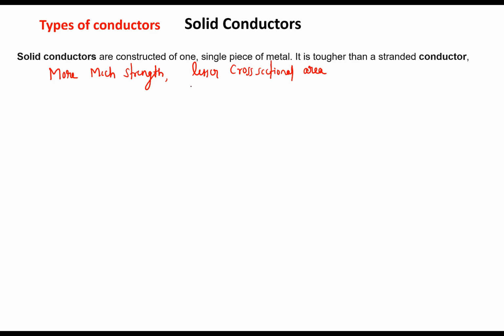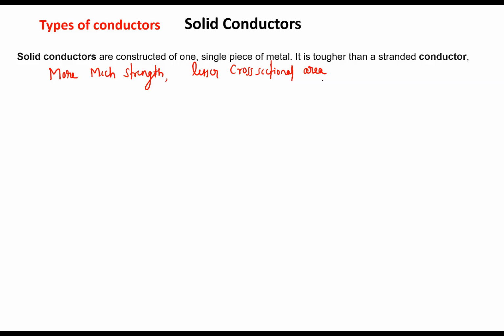So basically solid conductors are used in circuit breaker poles, switches, isolators, etc., where you require mechanical strength, because in the circuit breaker you will place the conductor and then you bolt it. So the circuit breaker or the switch or the isolator should hold the conductor thoroughly. It requires more mechanical strength, so they are used in those locations. And since the size of the switch, isolator, and circuit breaker should be as minimum as possible, we require lesser cross-sectional area.